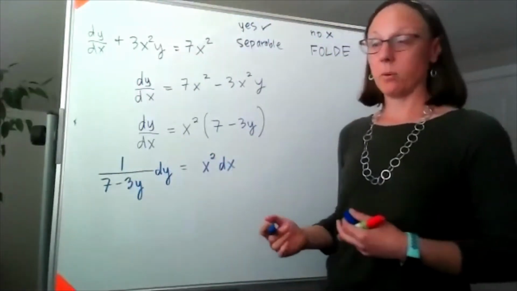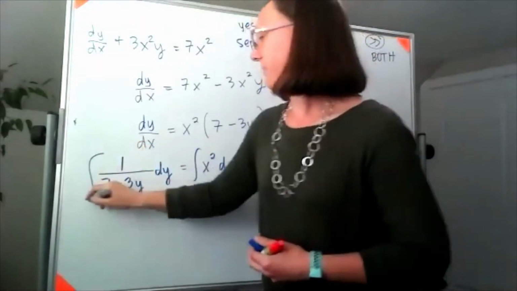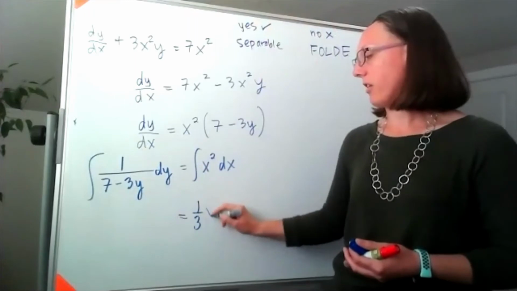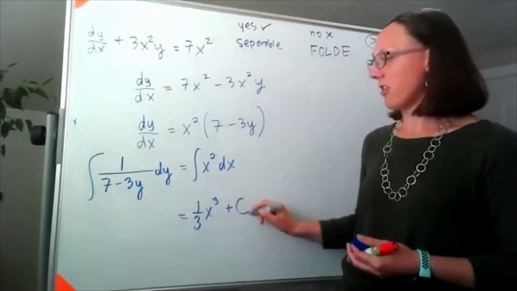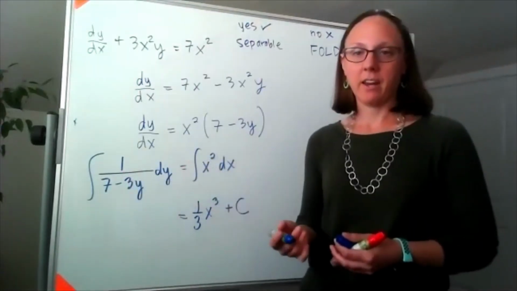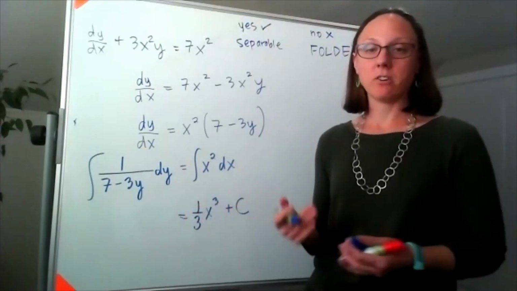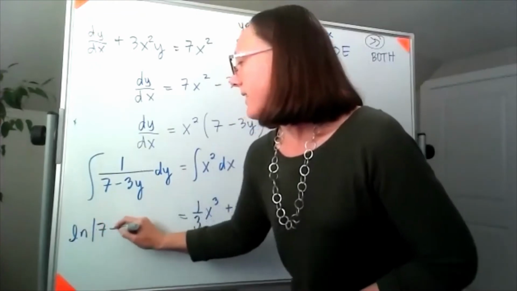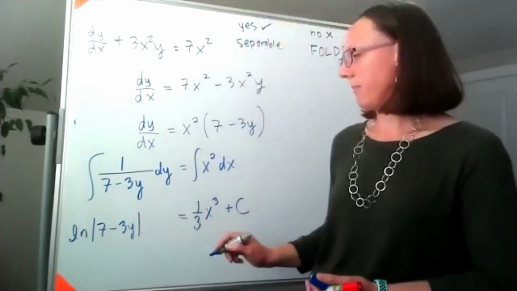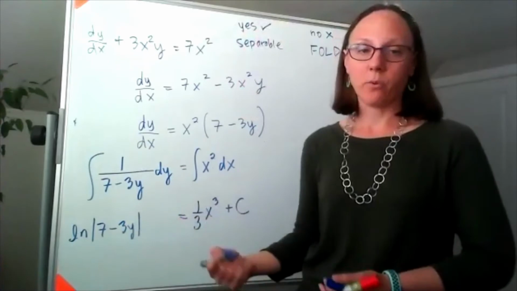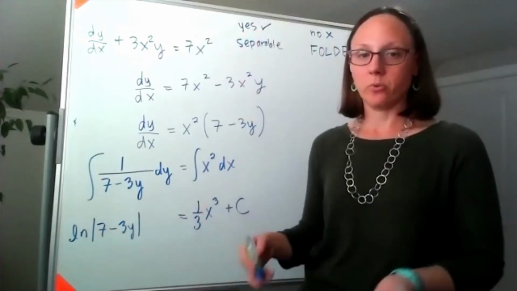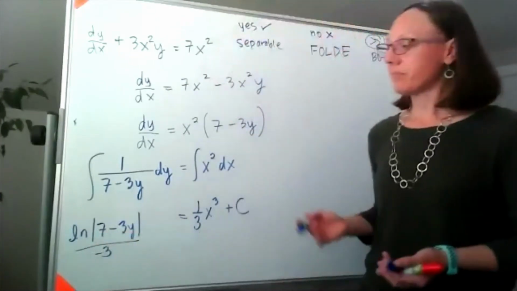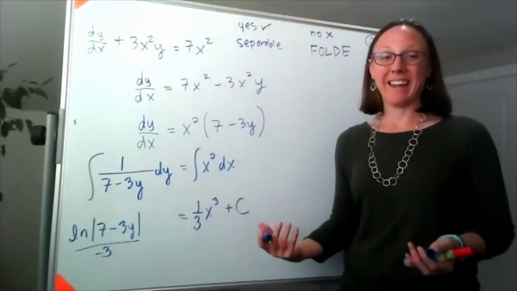Then we're ready to integrate both sides. On the right-hand side, the integral of x squared, I get 1/3 x cubed plus a constant. And on the left-hand side, I know that we have a linear term in the denominator, so that's going to give us a natural log. So I'll have natural log 7 minus 3y. But because of that -3 in front of the y, I also need to divide by -3. If I multiply both sides by -3 now,